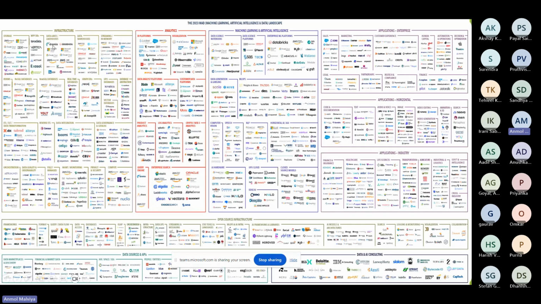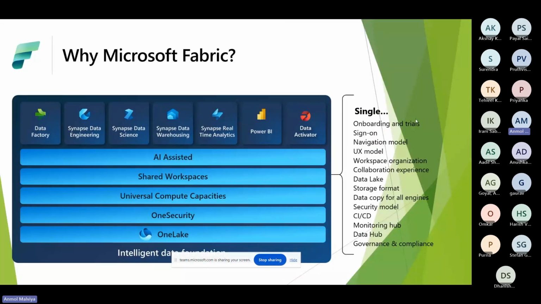You can see first there is the infrastructure part, then the tools in the analytics part, the machine learning part, and so many other tools. And there is no single day without a new update in some technology. So for a single person, it's impossible to have knowledge of everything. Even with 4 or 5 tools, no single person can be an expert in all of them. Someone can be an expert in one or two technologies, but for all of them it's very difficult. So Microsoft launched a technology called Microsoft Fabric, in which they have combined a few of its services.